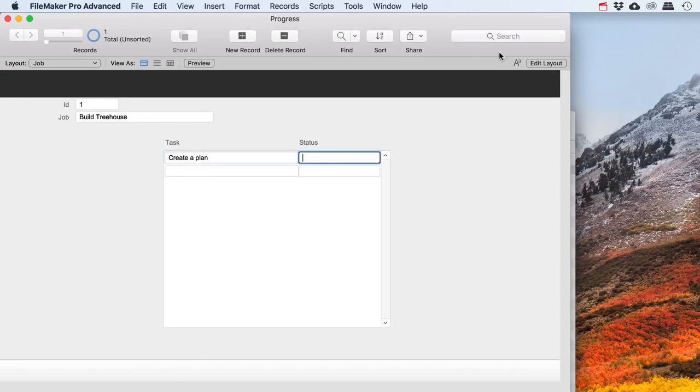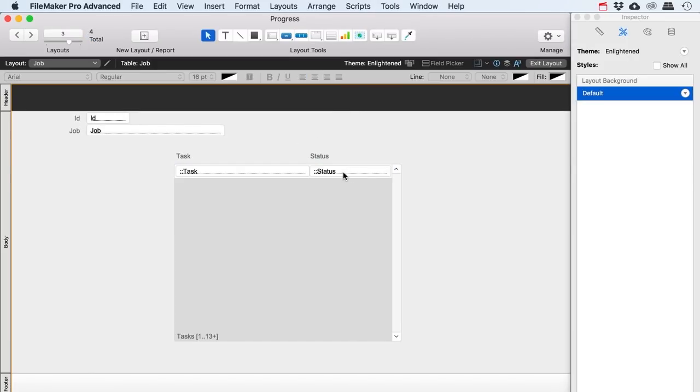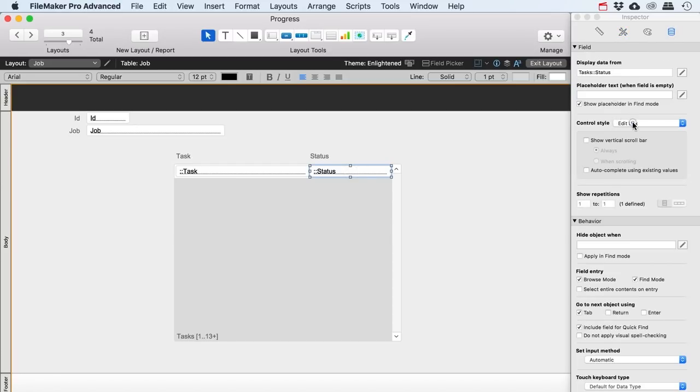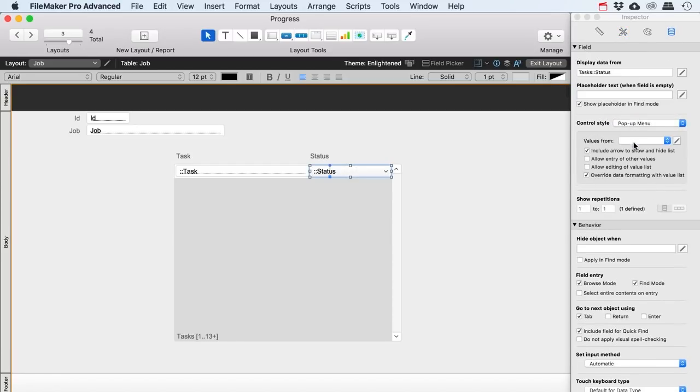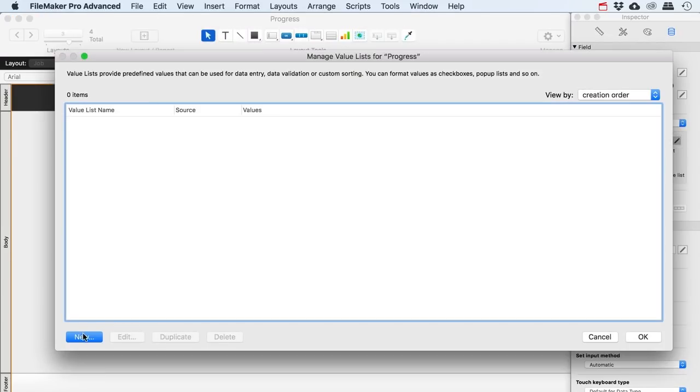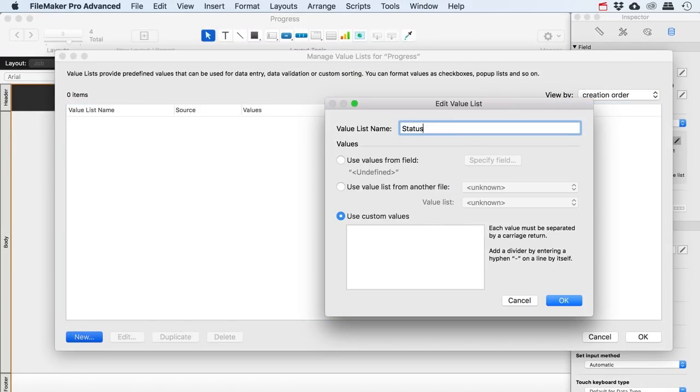Okay, and the status then needs to be either, what shall we say? Shall we say in progress or complete? Let's make a nice little drop down. Let's make a pop-up menu, which is called status, and we can say in progress or complete,